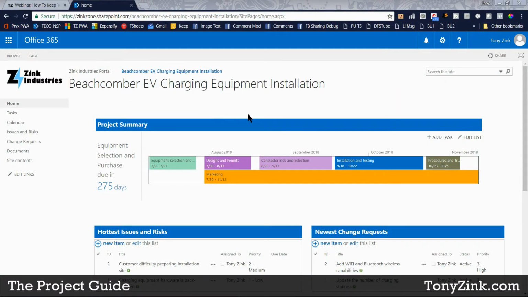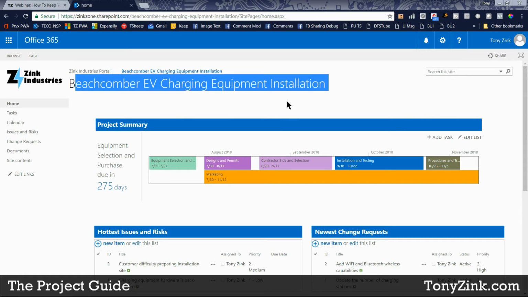So what you should see here is SharePoint, or to be more specific, this is a website that I've created using SharePoint to help me get organized around managing my project. I'm a project manager and I'm working on this project where my company is installing some electric vehicle charging equipment at the Beachcomber Resort. And so this project, the Beachcomber EV Charging Equipment Installation Project,